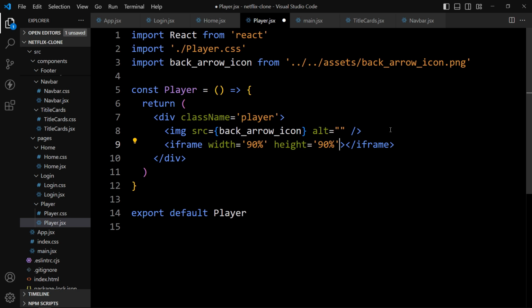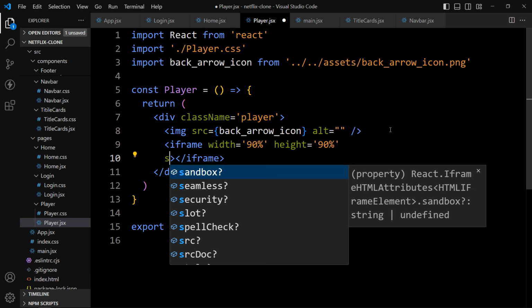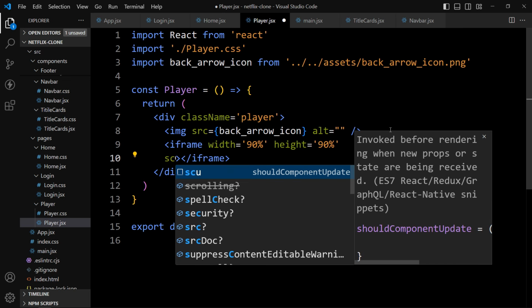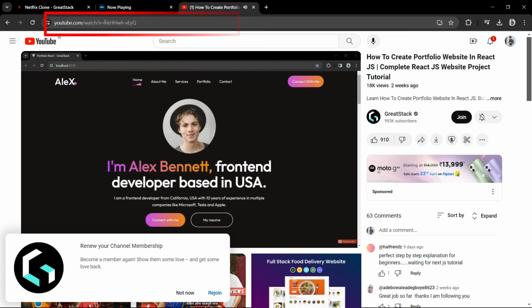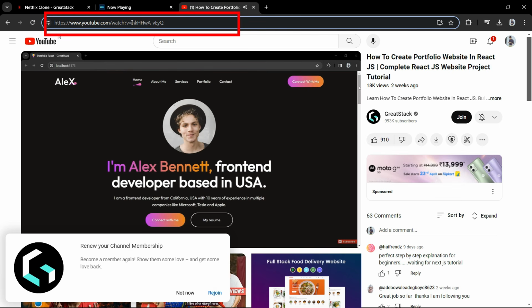After that we'll add src. In this src we have to provide the URL of the YouTube video, and here we will provide the embed URL. Open any YouTube video, and from this video URL just copy this video ID.